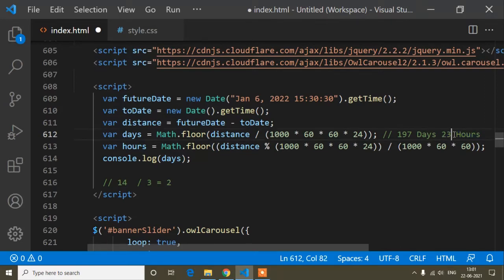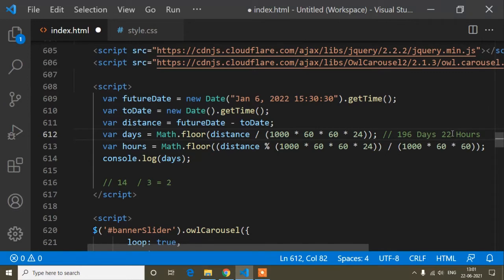But when it will be 24, that means it will be a less value, that is 196, and again hours will start to count from 23, like 23, 22, this way. So when it comes to 0, I mean 24 hours will be completed. First of all it will start to count from 24 hours. So 24 hours, then 23, 22, like this way.